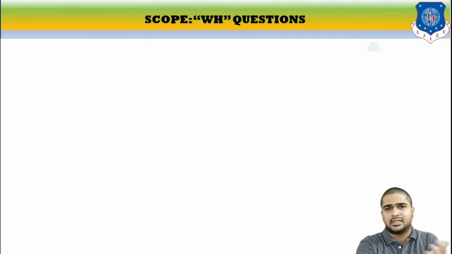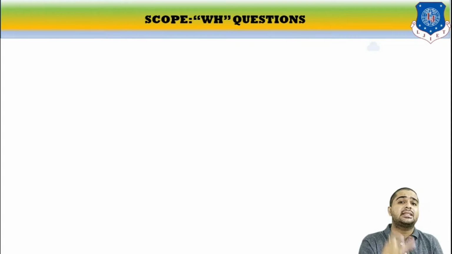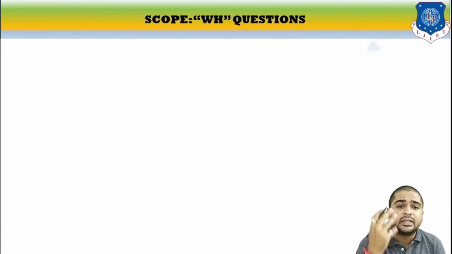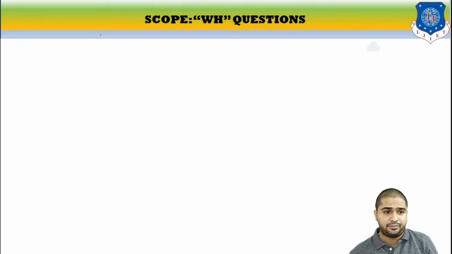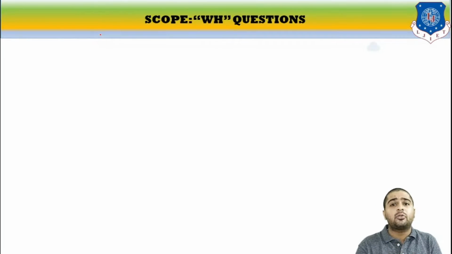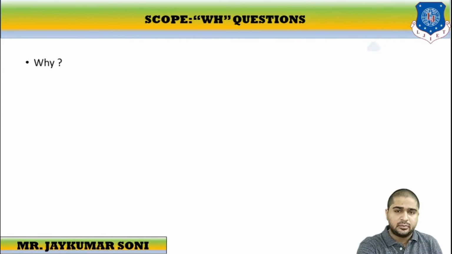So let us discuss certain scopes of highway engineering through the mechanism of WH questions. I have already narrated in the previous session that whenever we are trying to learn a new subject, we must be well aware of three WH questions. First, what we are going to learn; second, why we need to learn that thing; and third, how we can learn those things. What are the practical benefits? So we'll learn the answers of why. Let us discuss why.